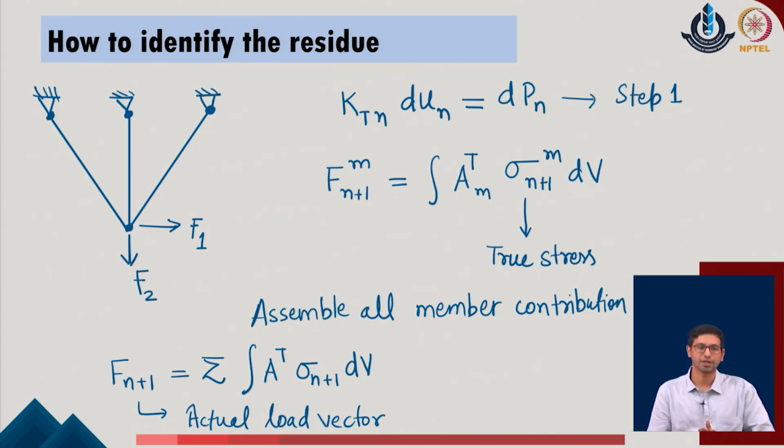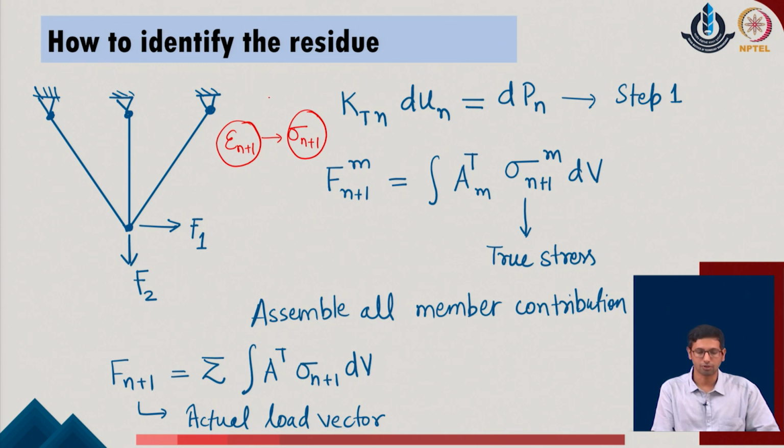So, what the user needs to identify is that corresponding to the value of the strain which has been obtained, say epsilon n plus 1 at any particular instance of the given system, I can obtain the value of sigma n plus 1 based upon the given stress-strain relationship, and that is how the general expression will be utilized. Once I know the value of the stress parameter in the given system, the user should calculate the total nodal load vectors corresponding to this stress profile. Once I know the nodal load vectors in the given problem, I can correlate them with the actual applied load in the given problem.